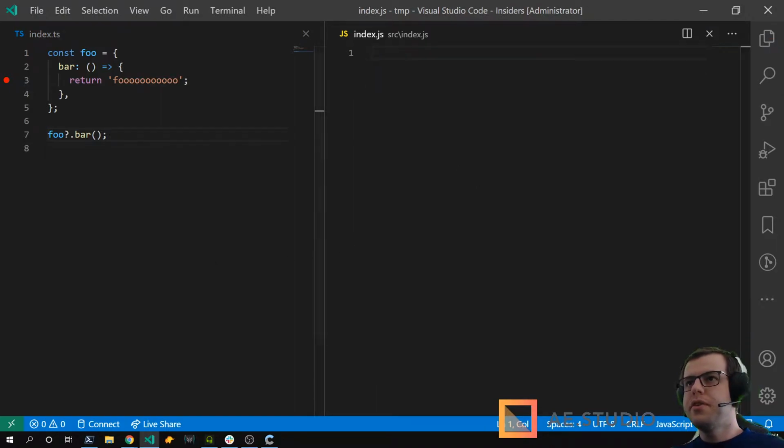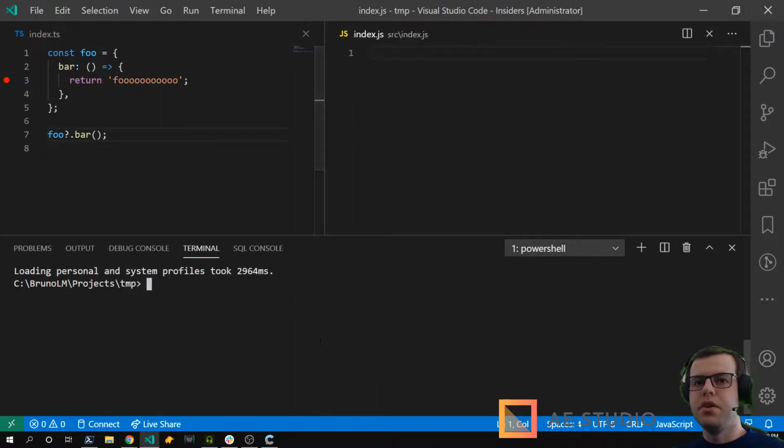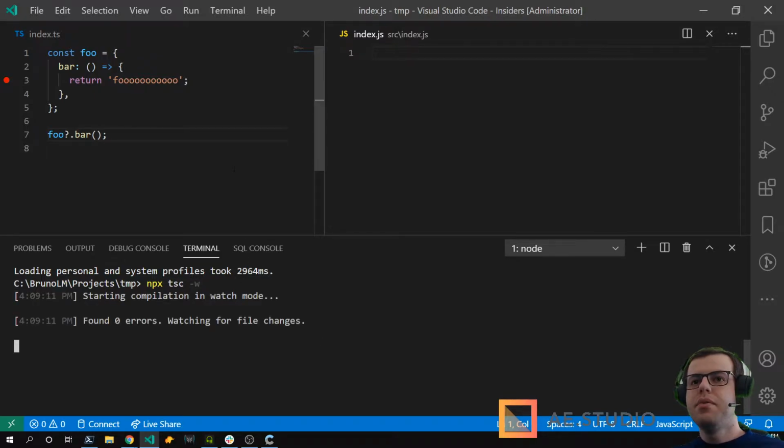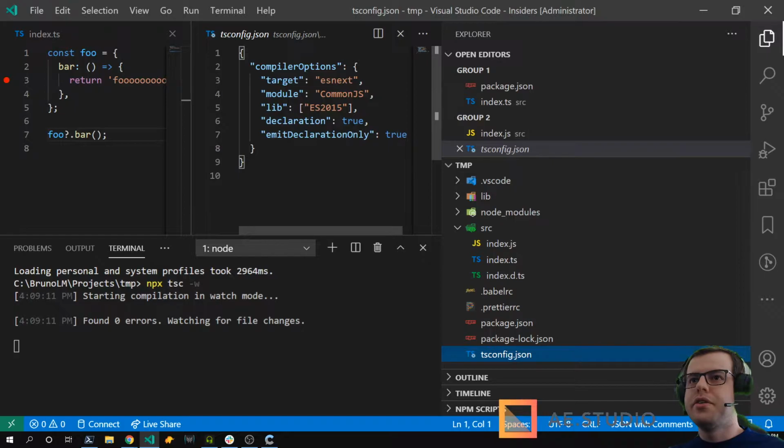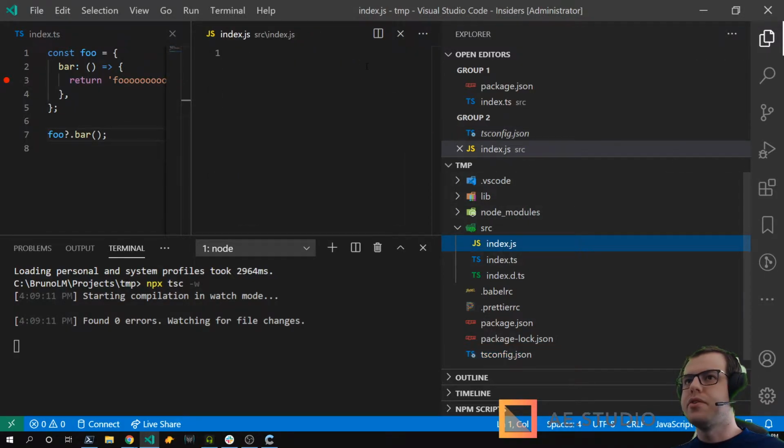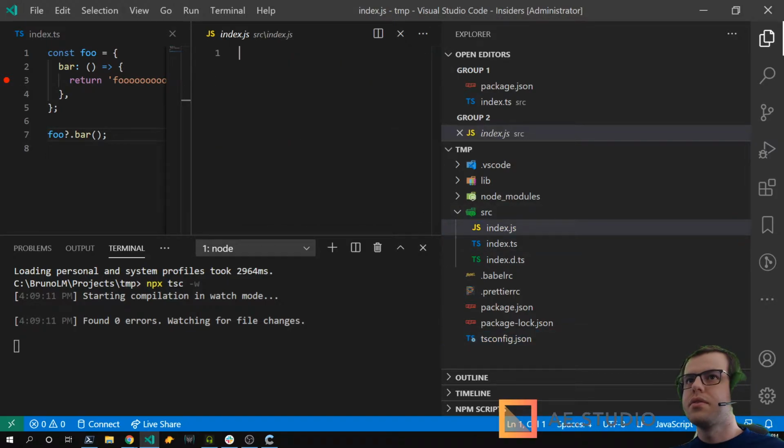So for example, if I delete this code over here, and I call the TypeScript compiler to compile this file, I messed around with the configurations here, or maybe I just need to close this file.